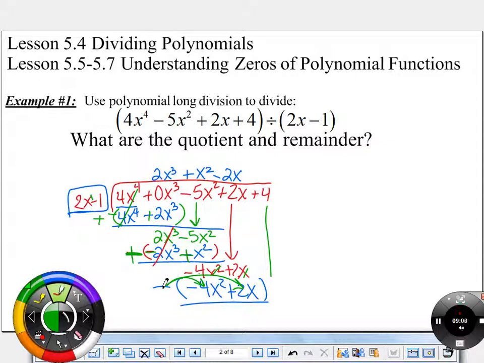Which means it's really like adding a positive 4x squared and a negative 2x, so they have all canceled out to be 0. Okay? Is that all right? And then I brought down the 4. So the way that we write this, our final answer is we say our quotient is 2x cubed plus x squared minus 2x. And then because of our remainder, we express it